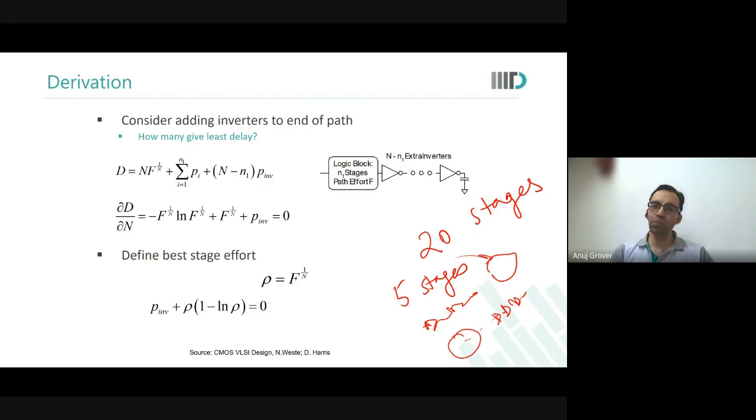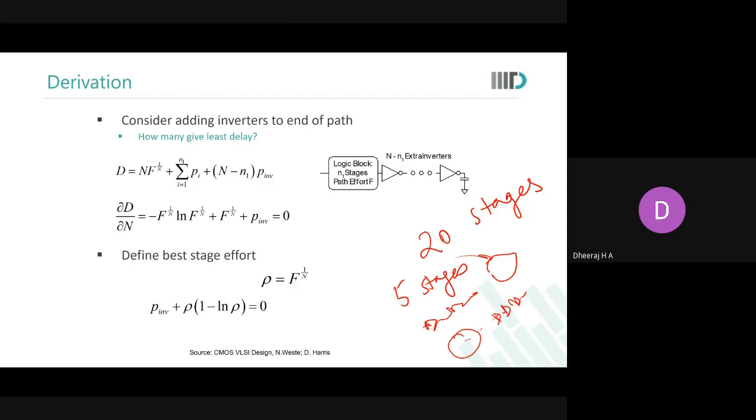And when it's a 2-input NAND gate, we say parasitic delay is 2. When it's a 5-input NOR gate, we say parasitic delay is 5. So in that also we are not applying much intelligence. Why do we keep the combinational gates before and inverters later? You know the answer. Sir, we can get more fan out.